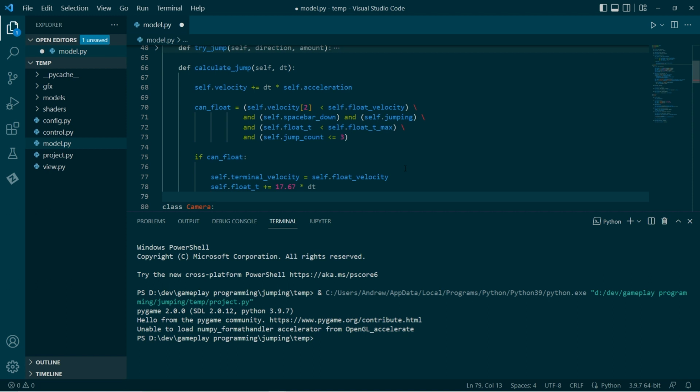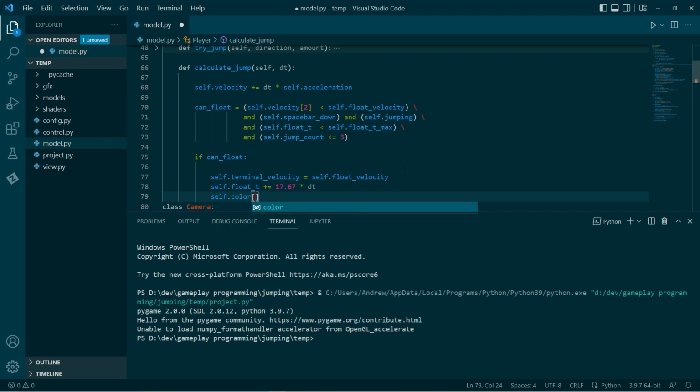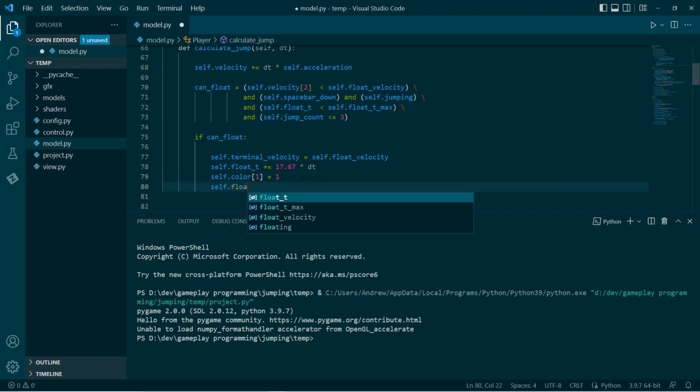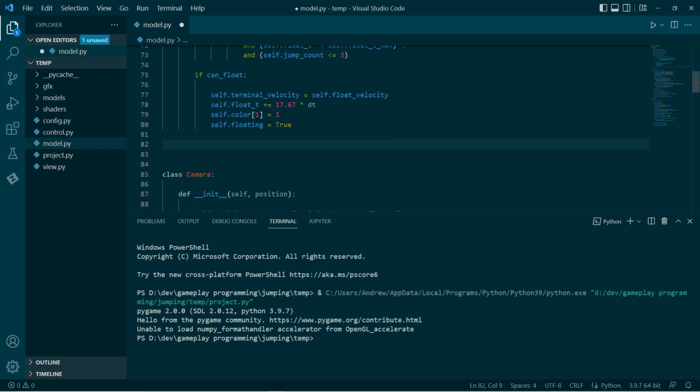So 17.67 milliseconds per frame. And I'm also going to set the green channel of our color to 1. Oh, and of course, floating equals true. Alrighty.